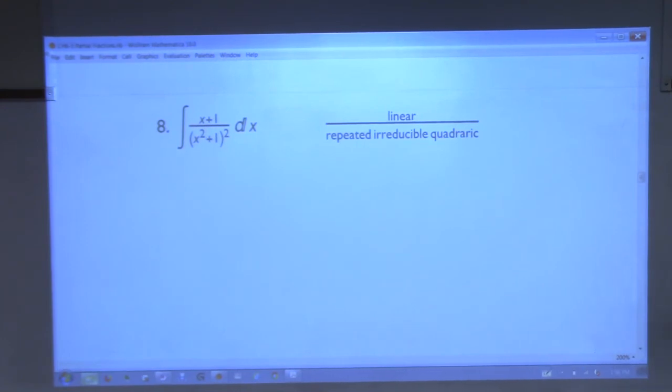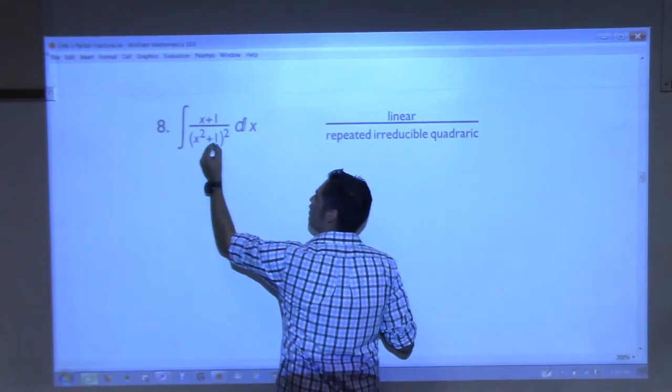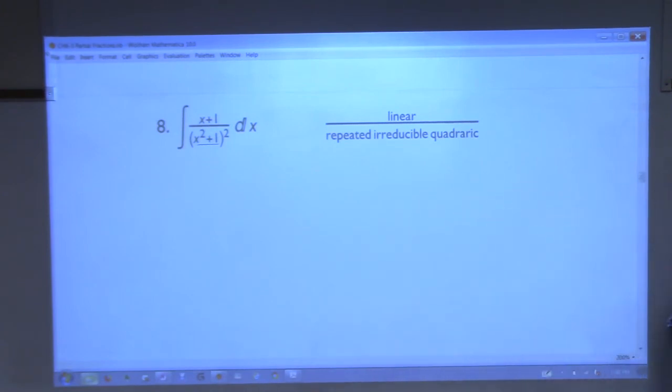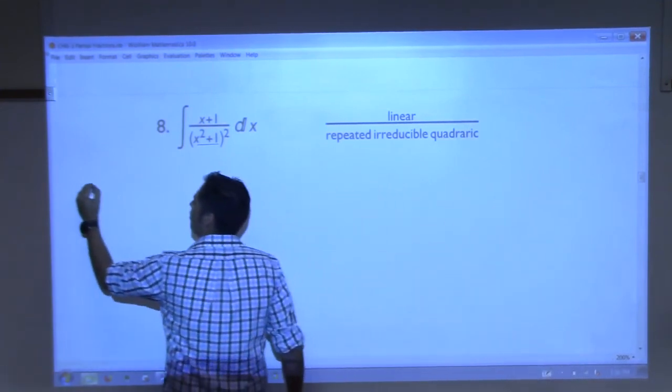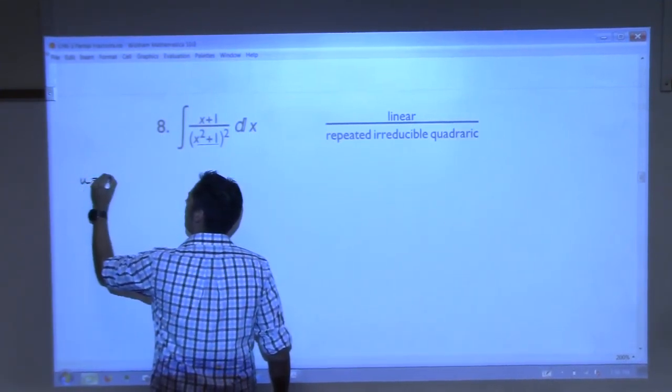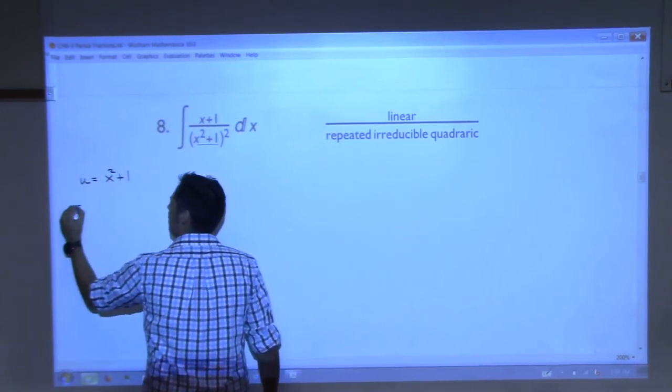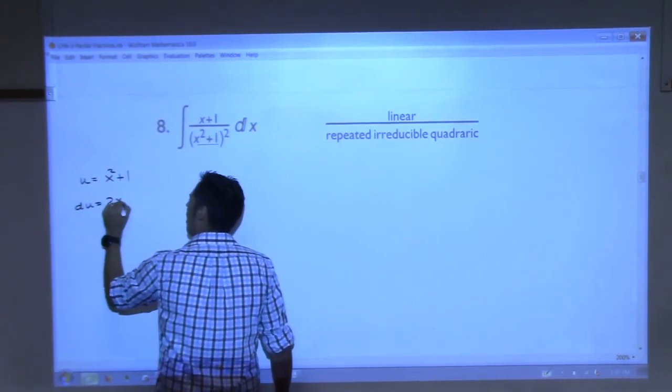We're going to play the same exact game that we just played. You don't want to play? That's because this in here, x squared plus 1, if I took its derivative, would give me just 2x. So the question is, can you make your numerator look like 2x? I think so. I would really like my denominator to be u, and then the derivative of that to be 2x